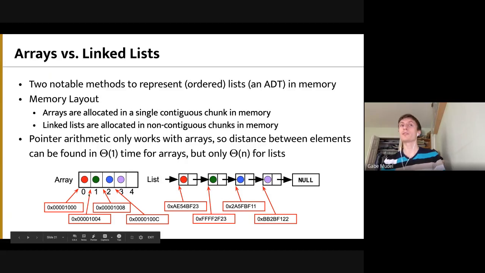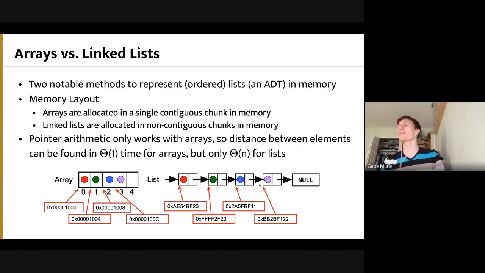So we have to store the beginning of our array, and then we just add an offset of 3 elements. We obviously can't do that with linked lists because, given the starting element of our list, we have no idea where this is. Instead of just doing an offset, we have to follow the pointer each time to get to that element, right? So that's why we have theta of 1 random access for arrays, but theta of n random